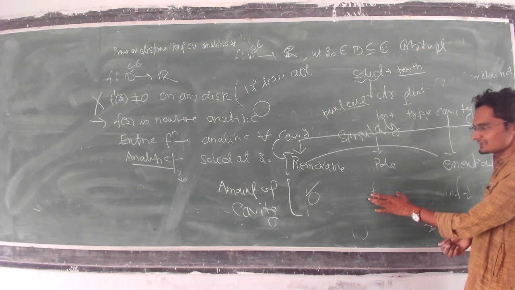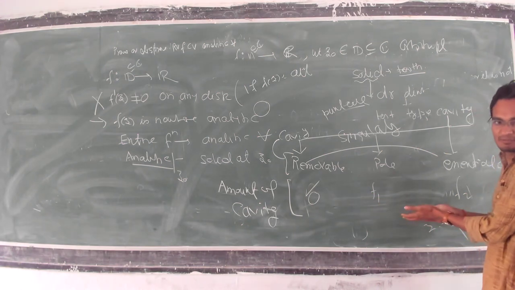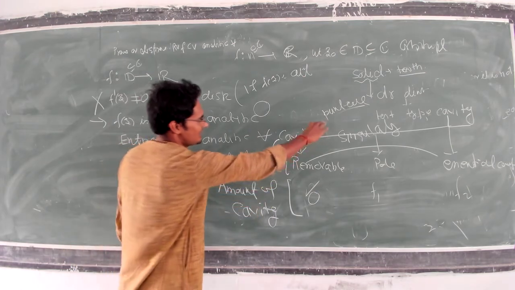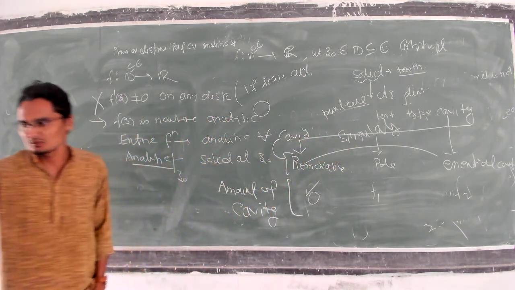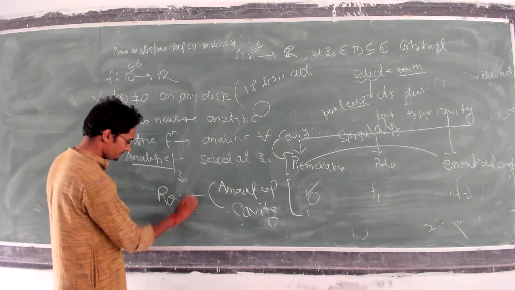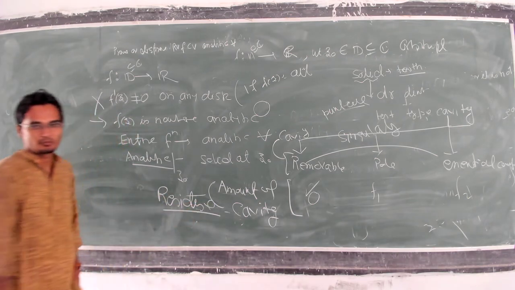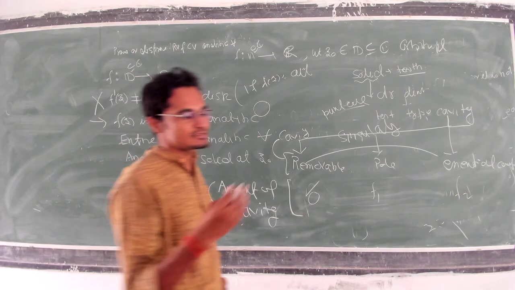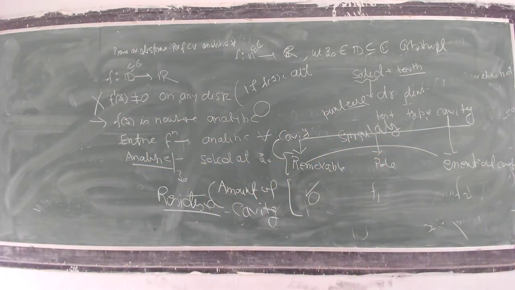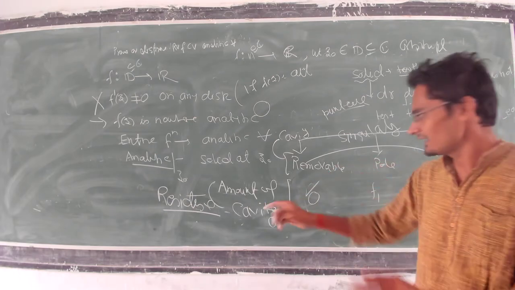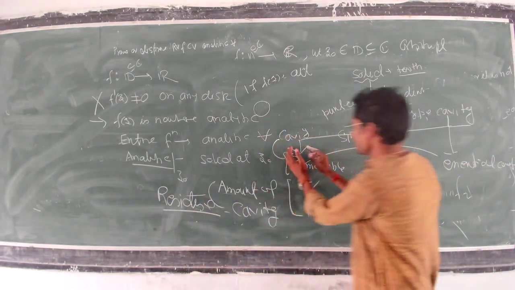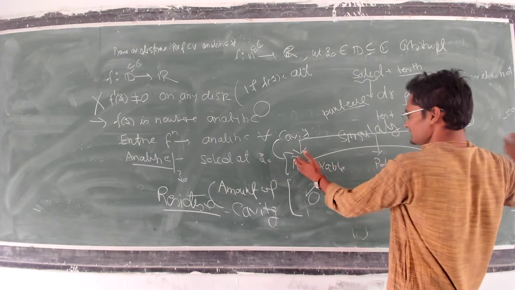To find this, we need a formula. I will tell you this also. This is the mathematical definition. Here you say this is the singularity, and this is known as the residue. So what is the residue? Residue is the process of filling the cavity. How much amount of cavity is there? With the help of residue, we will fill it. What type of puncture is there?